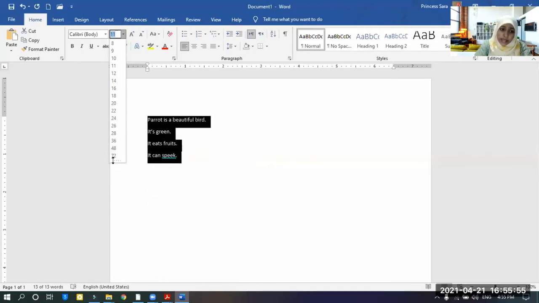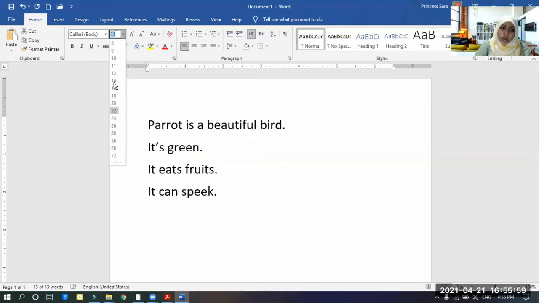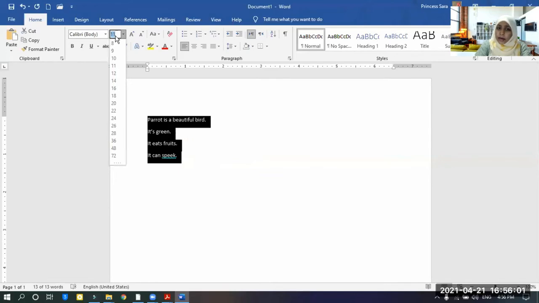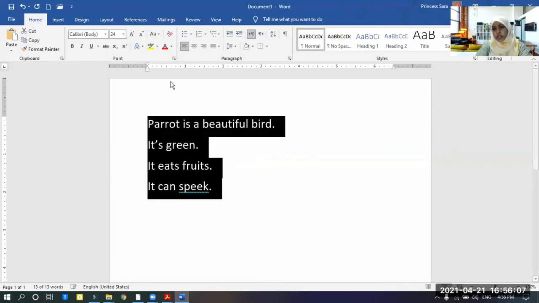Or else, here it is limited till 72 now. If you want, you can type numbers here and enter them. Okay. So I will take the number 24. This is enough. No, don't double click on the right side. See what happens if you double click on the right side.